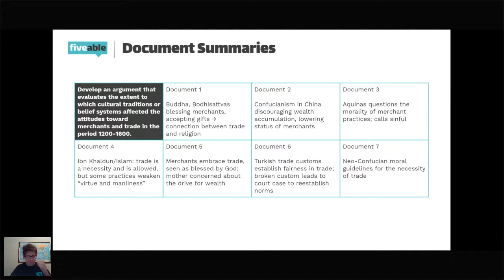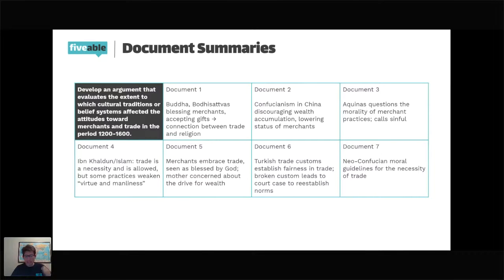become better people, right? So it talks about do not use short measure when selling and long measure when buying. So already, right off the bat, it's assuming maybe deceitful practices of merchants. And it is encouraging them to have pity on the poor and reduce price, a very Confucian idea of taking care of others. Do not refuse to come to terms. So sort of an admonition again of